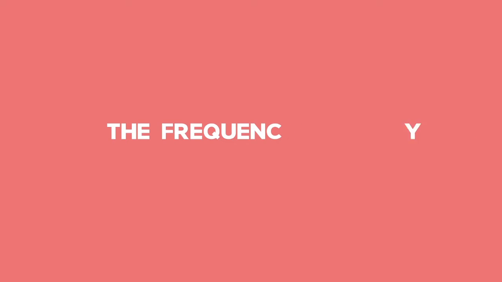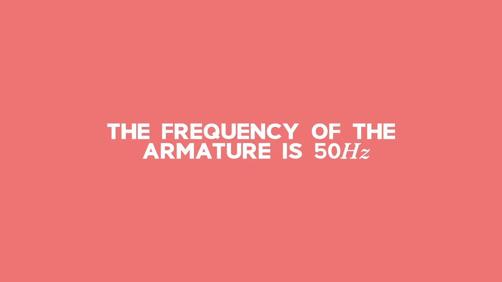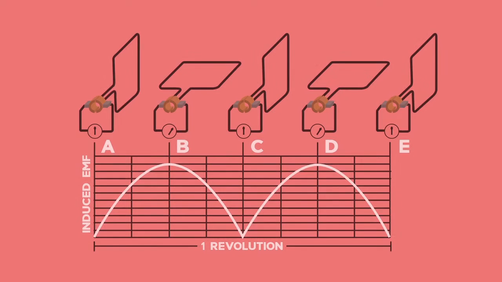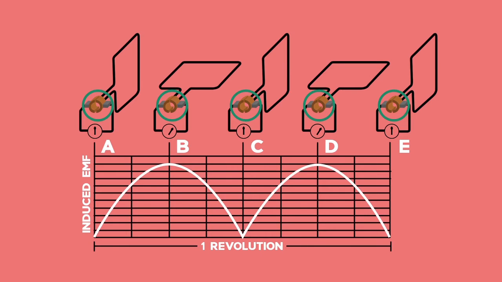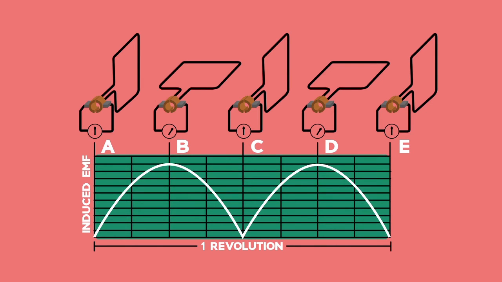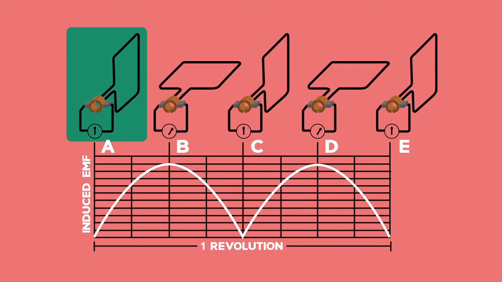The frequency of the armature is 50 Hz. First, we see that there is a split ring commutator which tells us that the current flows in one direction only, a DC generator. This means that the graph lies above the time axis and only positive EMF is made, but it's lumpy. Why? Because in the first position A, the magnetic field and the movement of the wires are